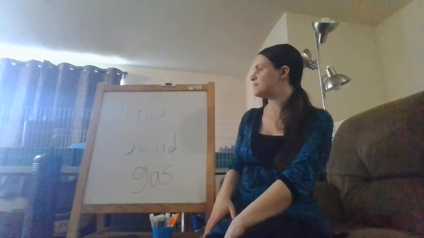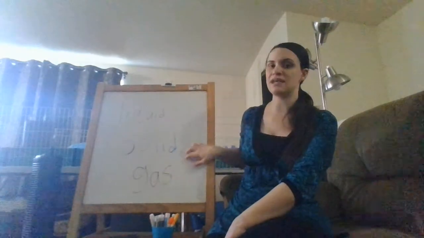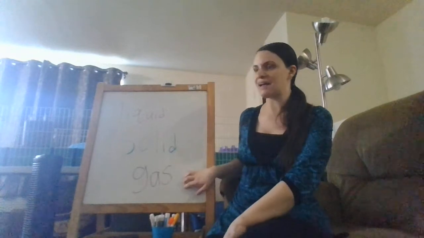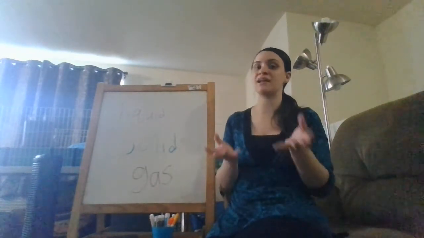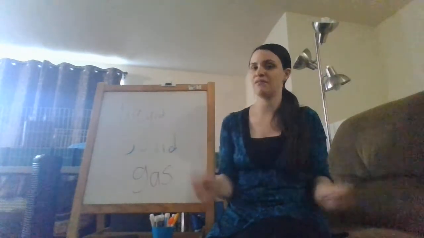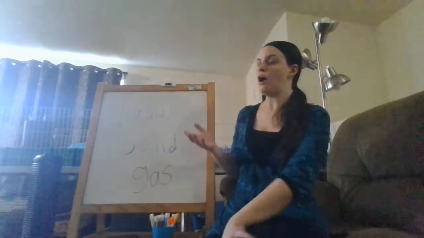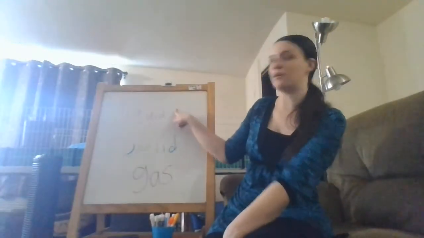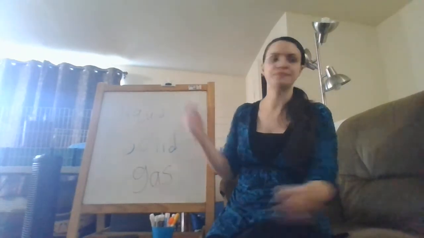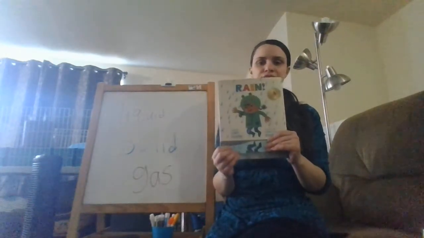So let's say those 3 types together, right? We have liquid, like my water glass. Solid, which is hard, like our ice, and it's cold, right? Gas. Remember, that's when our water heats up like on the stove and rises up as steam or water vapor. Very good. Awesome. So we are going to read a book all about our first type of water, which is liquid. And remember, when we have liquid water falling from the sky, it falls as rain. So we're going to read a book that's titled Rain.